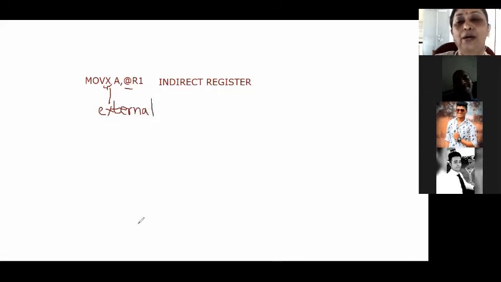How will the 8051 come to know that you are accessing the data from external memory? So a different instruction is available in the instruction set of the 8051 for accessing external random access memory. So that instruction is MOVX. So MOVX indicates that we are accessing a particular data from external memory. Okay, so here which one is the source and which one is the destination?